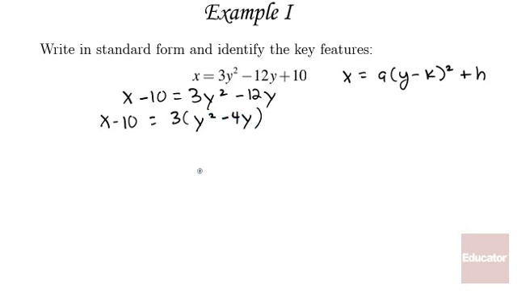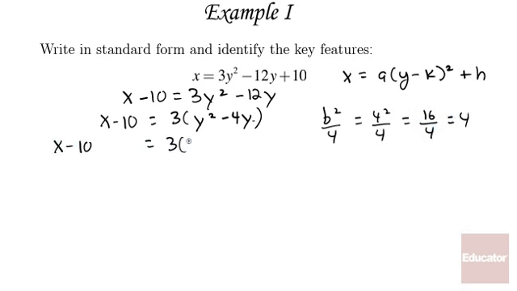I need to complete this square. That means I need to add something over here. And the term that I need to add is going to be b squared over 4. b is actually 4, so this is going to be 4 squared divided by 4 equals 16 divided by 4 equals 4. Here's where I need to be careful. On the right, I'm adding